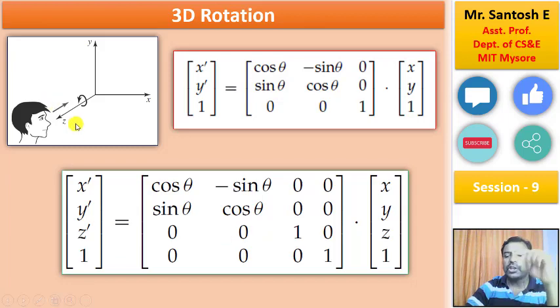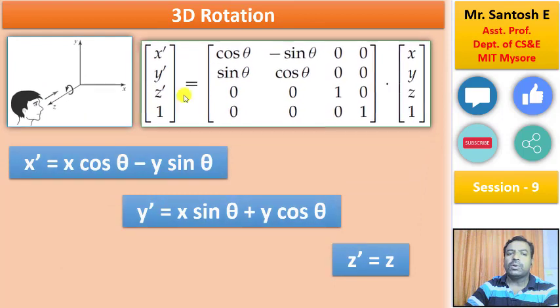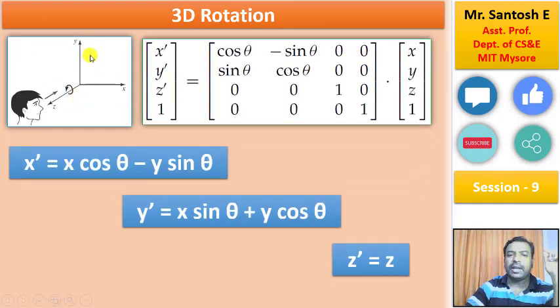Now similarly, when I talk about the z axis with the xy plane, if I multiply this matrix, I am going to say x dash is equivalent to x cos theta minus y sin theta, and z becomes 0. And similarly, y dash is going to be x sin theta plus y cos theta, and z becomes 0. And z dash is going to be equivalent to z. So this is how we compute the new point with respect to rotation when I apply the 4 cross 4 homogeneous coordinate matrix for 3D rotation.